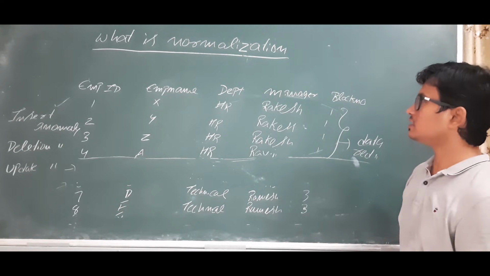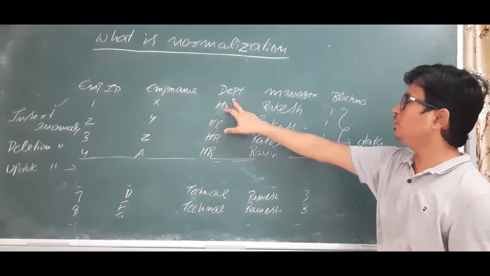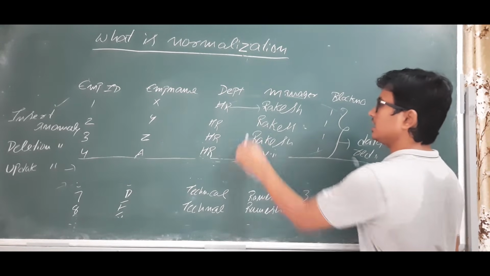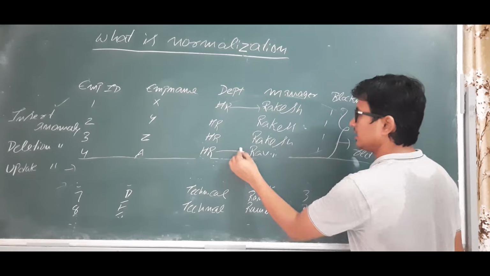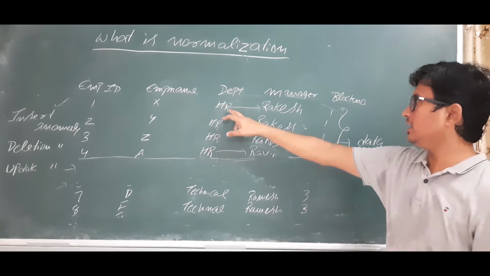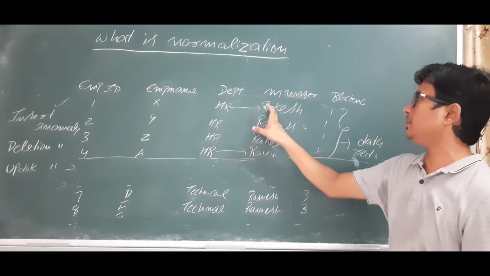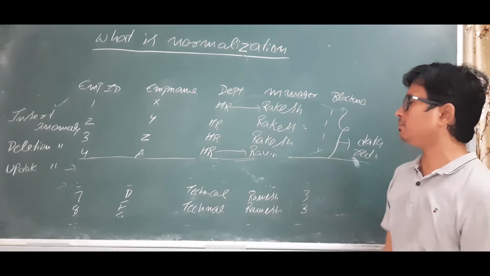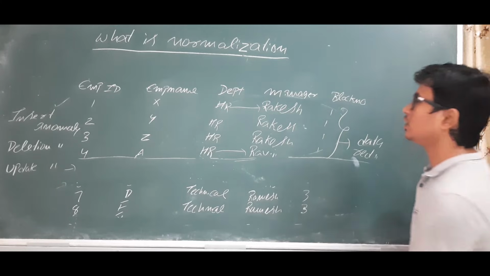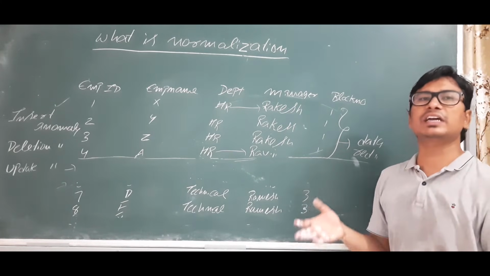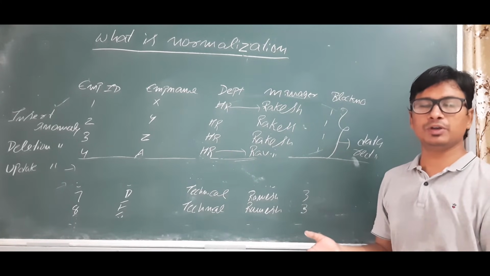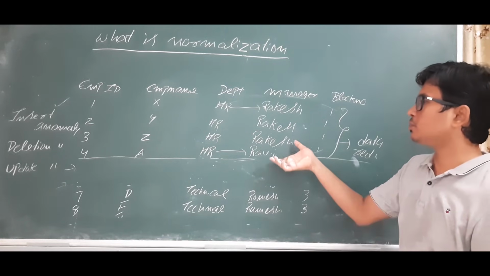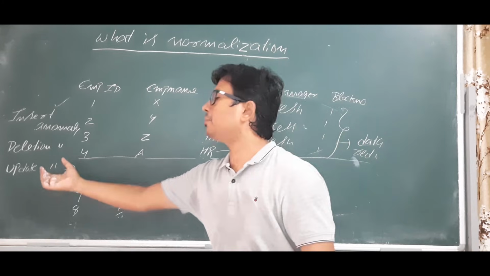Now if you ask who is the manager for the HR department, in this entry it says Rakesh, in this entry it says Ravi. Are you able to understand? Here it is written that the HR department manager is Rakesh. Here it is written that the HR department manager is Ravi. So this one we will call data inconsistency. Is it clear? This problem will happen because of the updation anomaly.